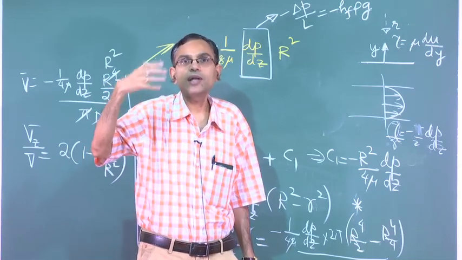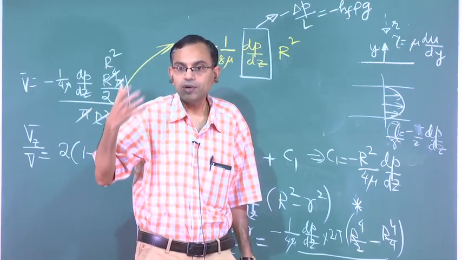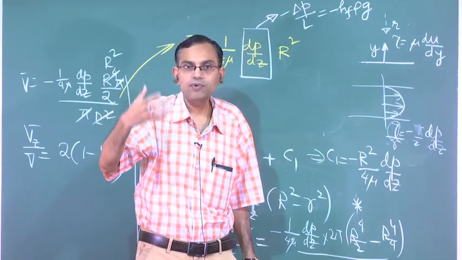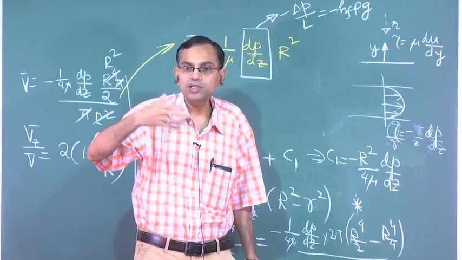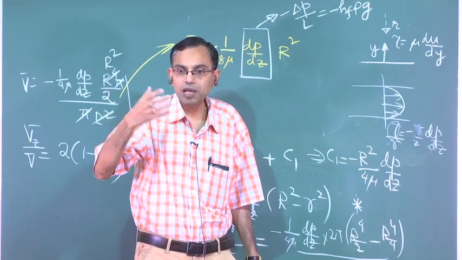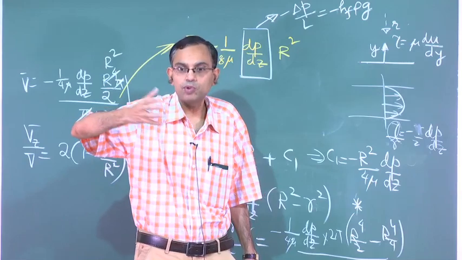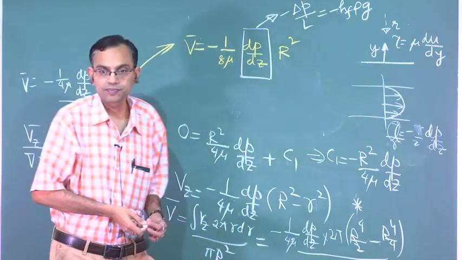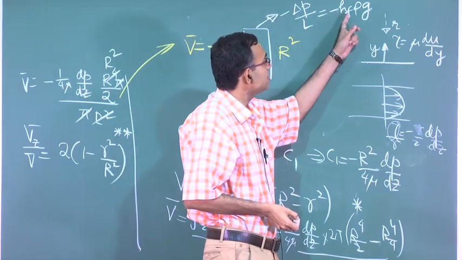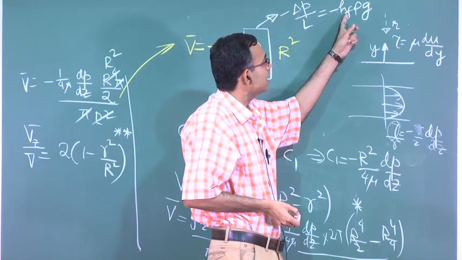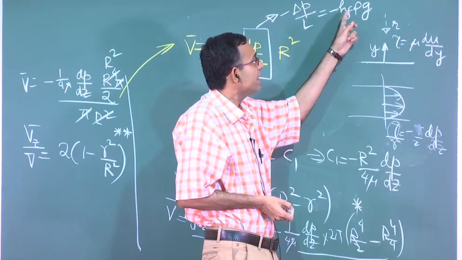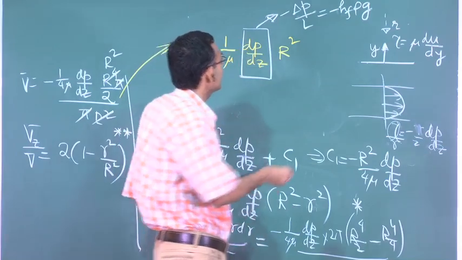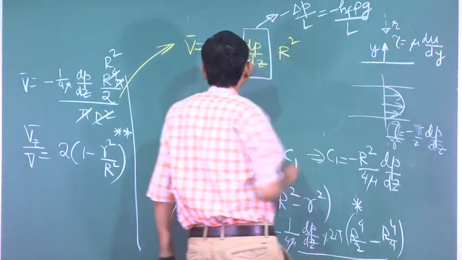So, physically why do you require a pumping power? You require a pumping power because there is viscosity in the fluid, and viscosity resists the relative motion between the fluid layers. So, you have to maintain the fluid motion, you have to give certain energy to overcome the viscous resistance, and that energy per unit weight is called head, H, F subscript for friction. So, minus HF rho g by L.